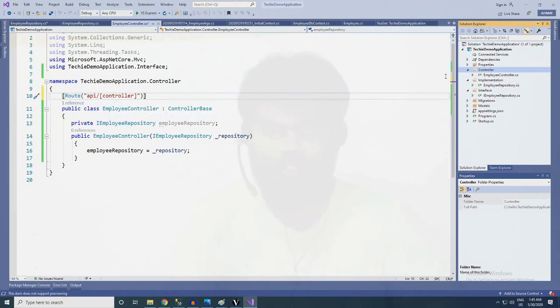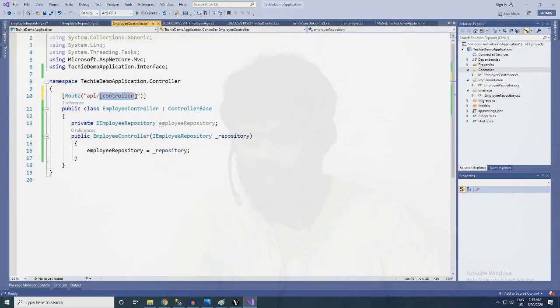In our example, the end user will be using API slash employee itself. So API slash employee is our controller name here, so that will be replaced here.